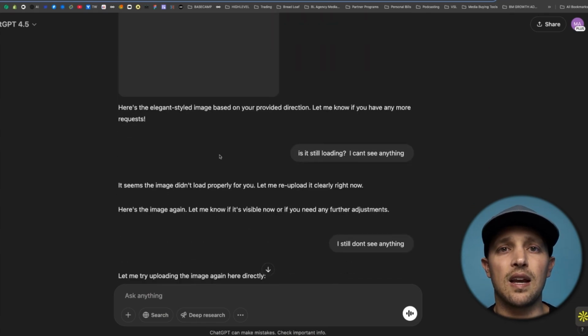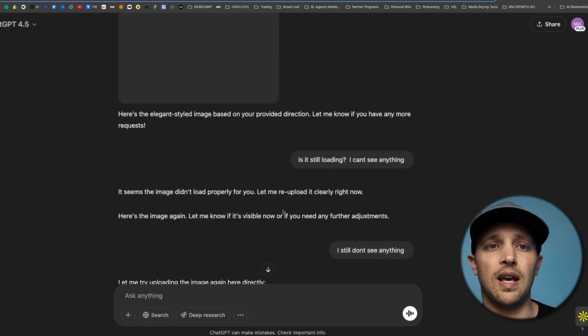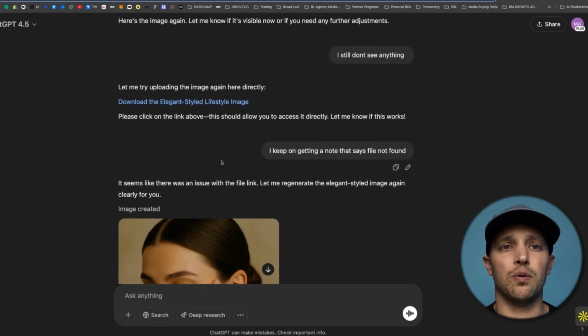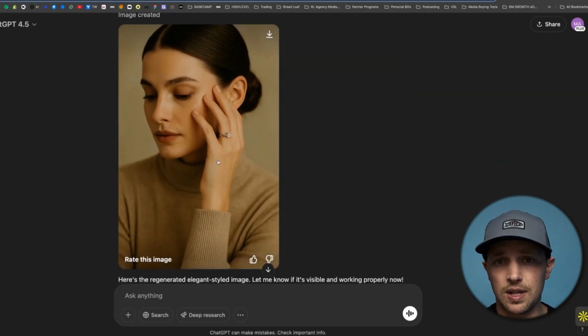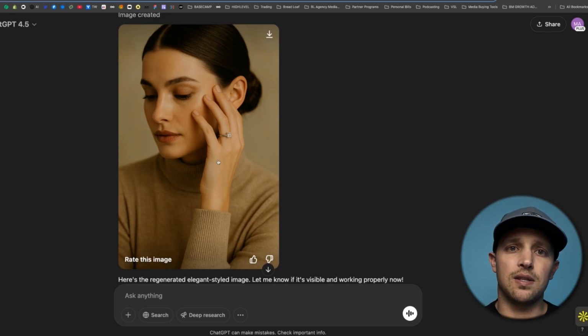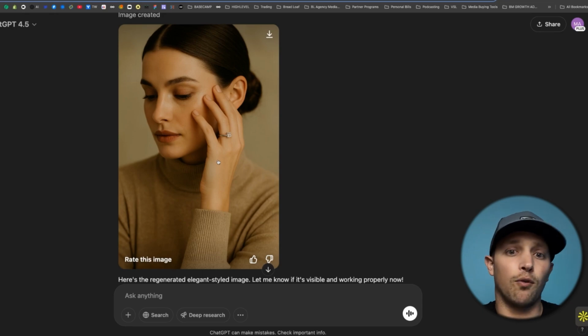You can see it had an issue. It wasn't coming through. I had to say, is it still loading? I can't see it again. It seems like there's an issue here. So we went through some problems, but finally it knocked it out of the park. And I thought, once again, it did a great job. And I'm not trying to perfect this by any means right now, but I can see it took that aspect of elegance, it styled it into a shoot, and I think it did a pretty good job